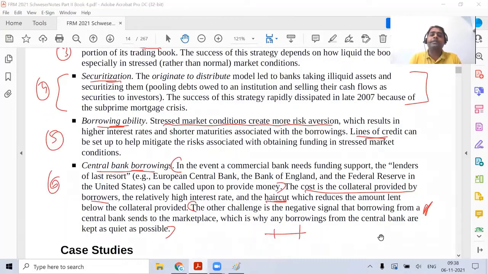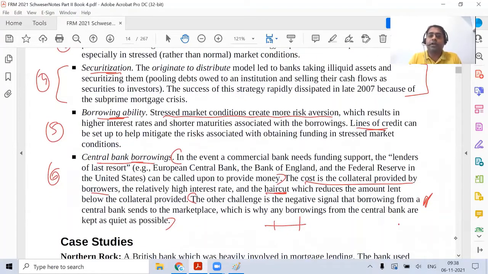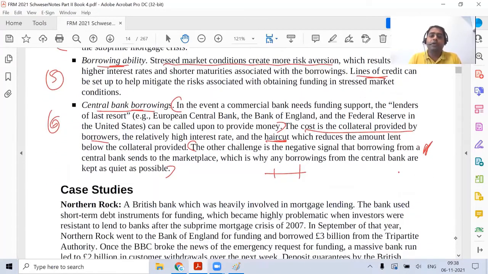Darshan, line of credit means a bank has opened a line of credit with some other bank. In case they need money, they can raise money through the other bank. They have a proper agreement in place. This is also done by companies, primarily to mitigate any stressed period. If there is an immediate cash need, they can have the arrangement with the other bank and get the money. Moving towards the case study.